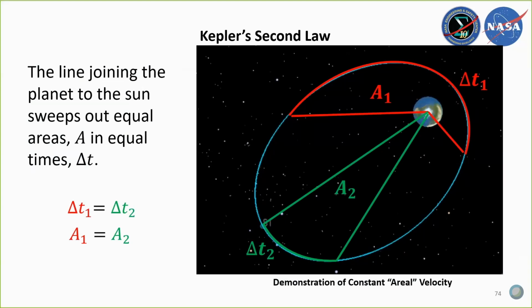Okay, let's move on to Kepler's second law, which states that the line joining the planet to the sun sweeps out equal areas in equal times. So if you notice here, I've got a spacecraft orbiting here. You notice it moves faster as it gets close to the planet, and it moves slower as it gets further and further away from the planet. And if you were to look at the angle that's swept out by that spacecraft over time, the angle being measured from the center